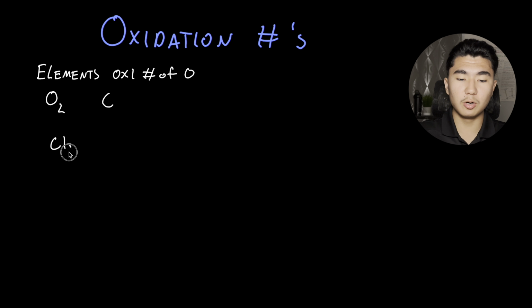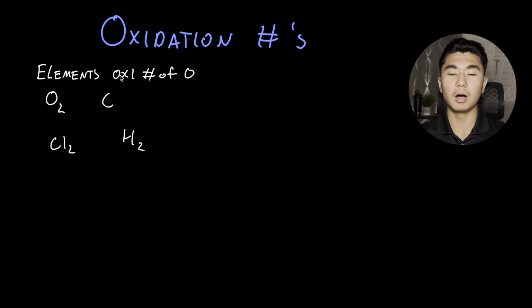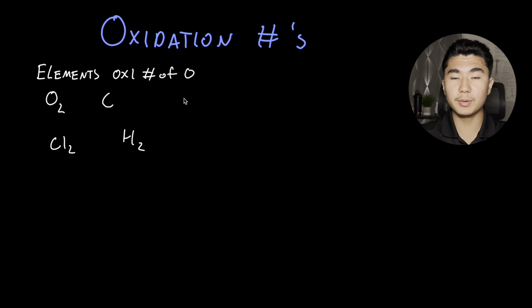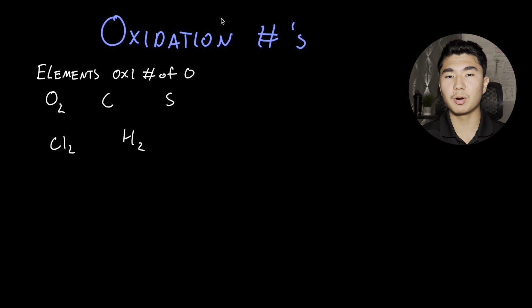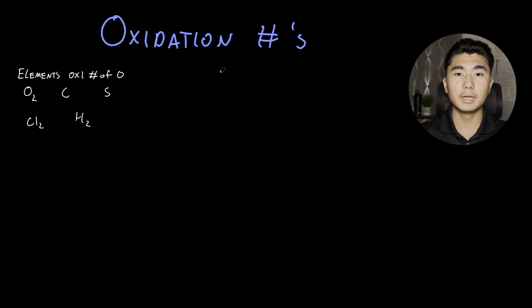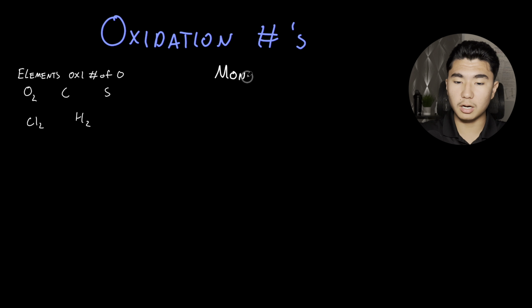So anytime you see O2 or Cl2 or maybe even H2, and you see one of the elements just by itself, maybe carbon is by itself, or for example, sulfur is by itself, then that is going to have an oxidation number of 0. Now, another rule you need to note is that monatomic ions,